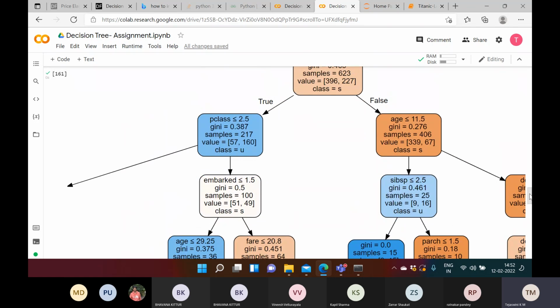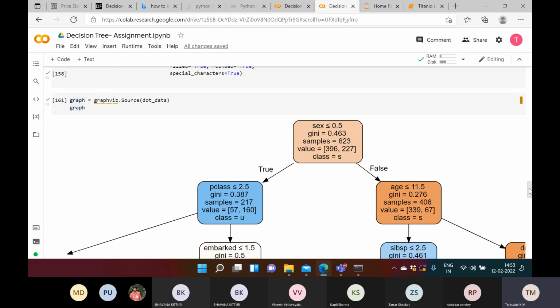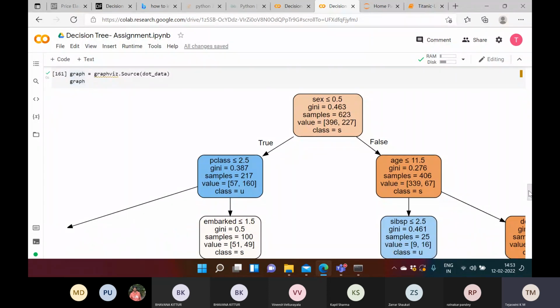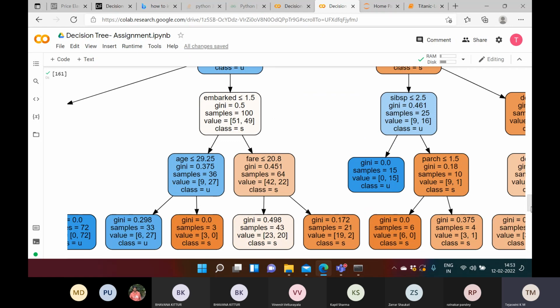Based on P class. Right side is female or left side is female? Left side will be female. After we got that female set, we are doing the classification by means of the P class, passenger class. If it is less than 3, we have first class, second class, third class. If it is less than 2.5, then it is going into